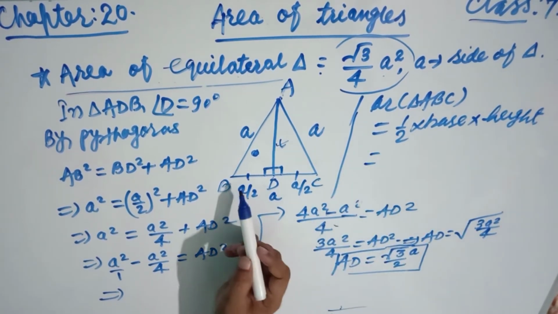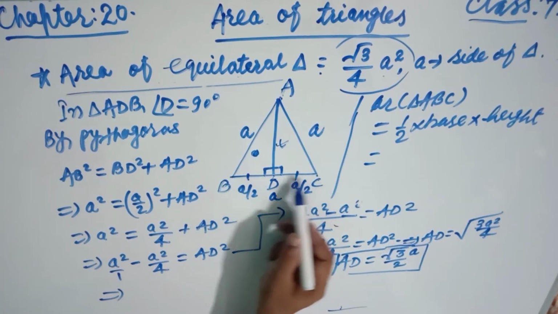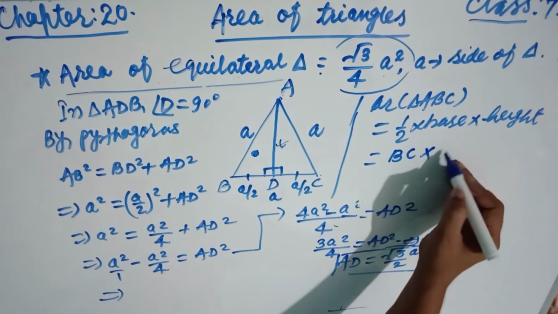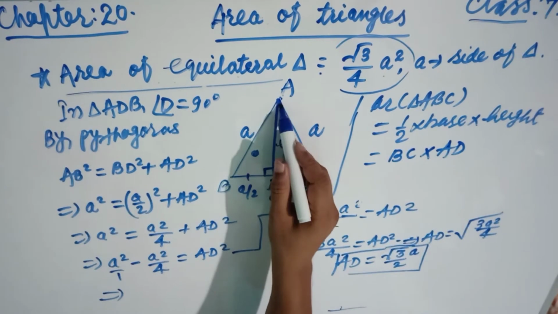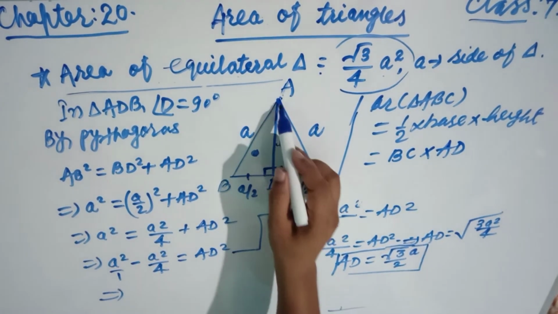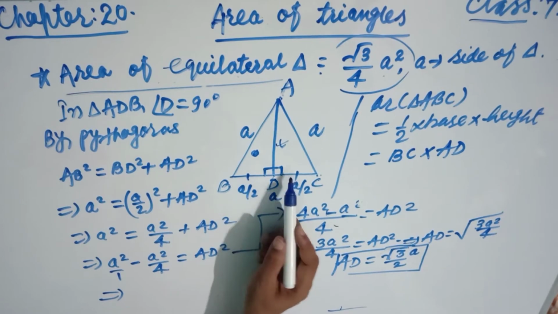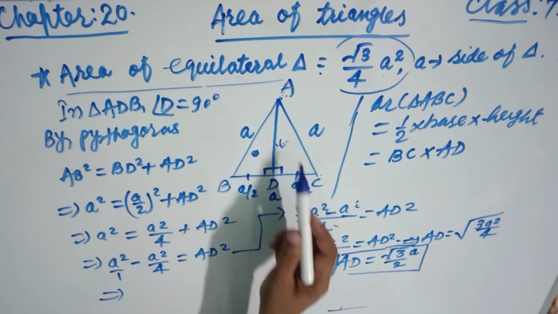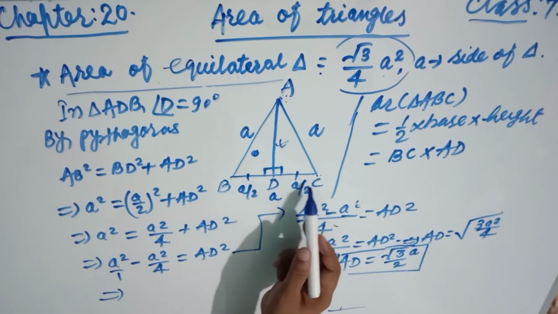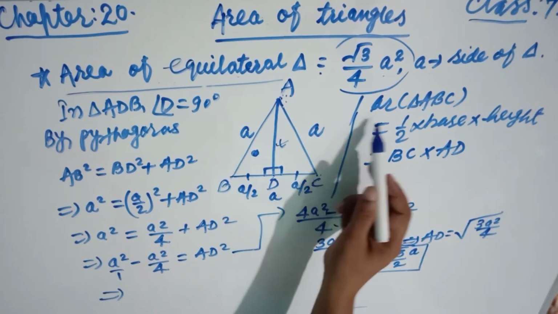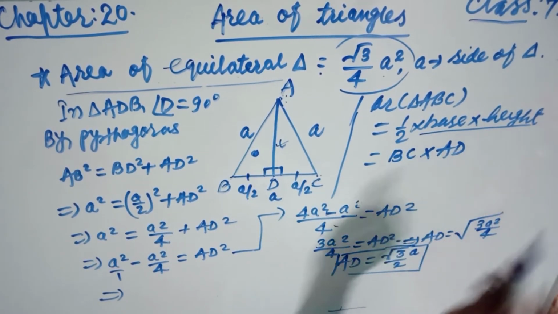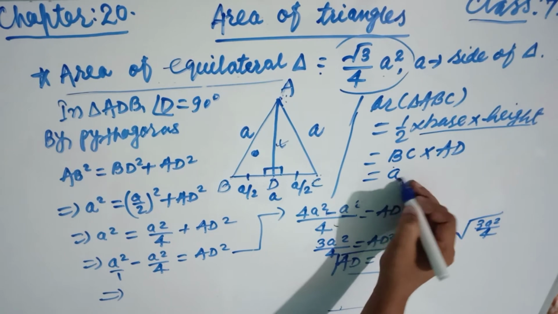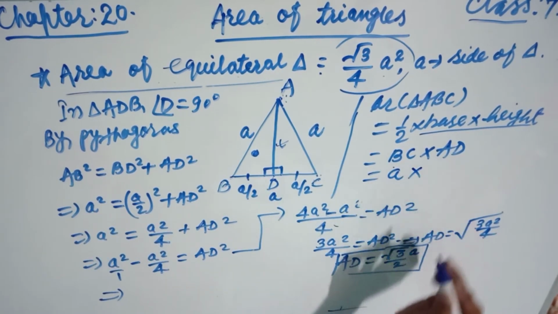Look at this, friends: the base is BC, here BC is the base, and AD is the height in this figure, because AD is the perpendicular line drawn from A to the opposite side of base BC, so this AD is the altitude or height of this triangle ABC. So what triangle is this, friends? This is an equilateral triangle. Whatever the triangle is, the area is half base into height. This is the general formula. Okay, now put the value of BC as a, because BC is the side of this triangle, multiplied by AD, which we have found here, friends.